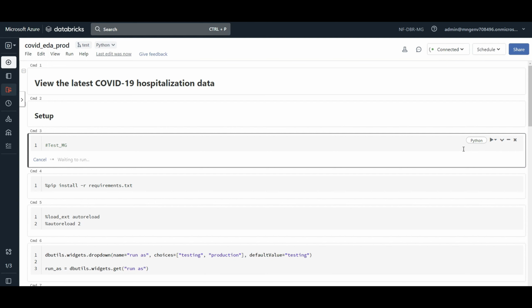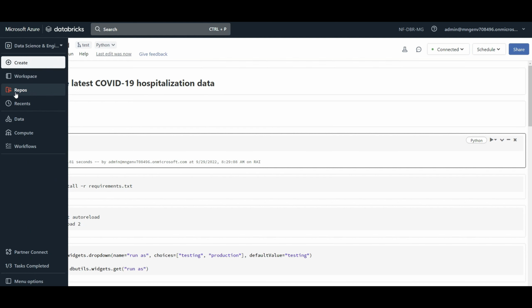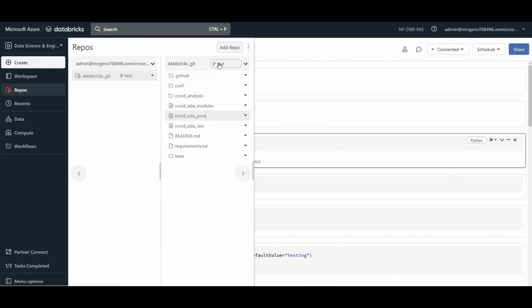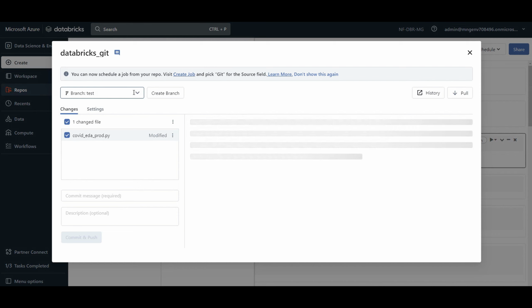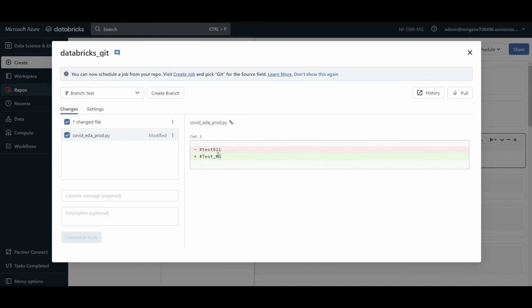Okay, so now I want to push this code to production. Well, after passing unit tests, how would I do it? If I go to the test branch that I have, it shows that, oh, you have changed something. That's correct. And I want to commit and push it to the main branch. Sorry, I'm typing slow because I'm using one hand. The other hand, I'm holding the microphone. This is new code, as an example, and I can provide some descriptions. So if I click on commit and push,